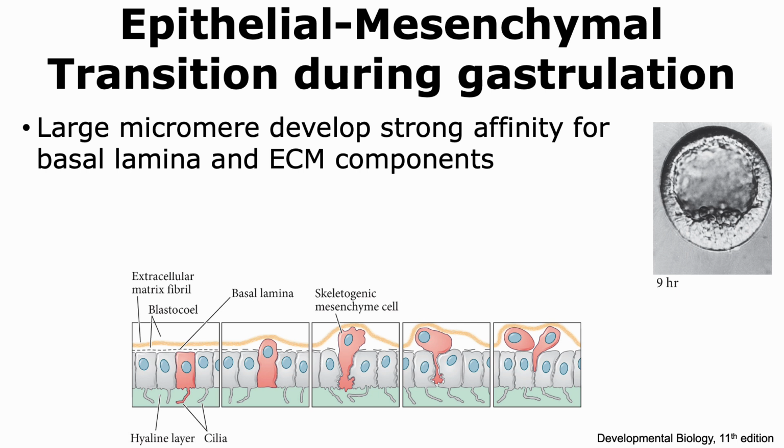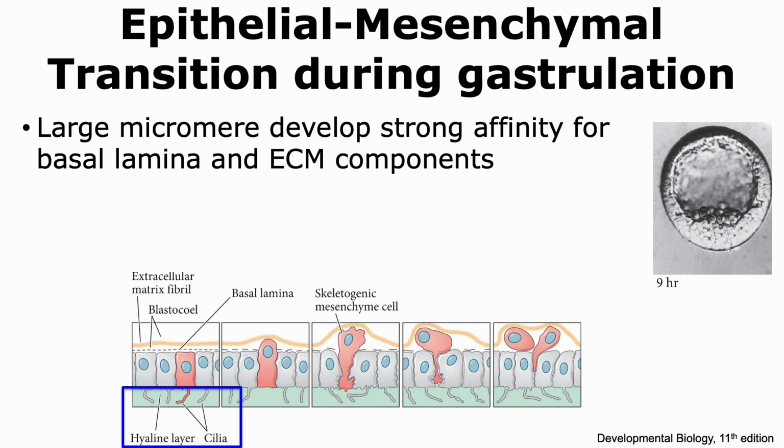Let us now see how epithelial mesenchymal transition occurs. So before we go into the process, let's just have a look at the figure that is shown below. So we're looking at a layer of epithelial cells. These are the cells that are at the periphery, and the blue box shows the part of the epithelial cells that are in contact with the blastocele. And so they're covered with an extracellular matrix, and then they also have a basal lamina. When we look at the other side, these cells are interacting with the hyaline layer, and they also have their